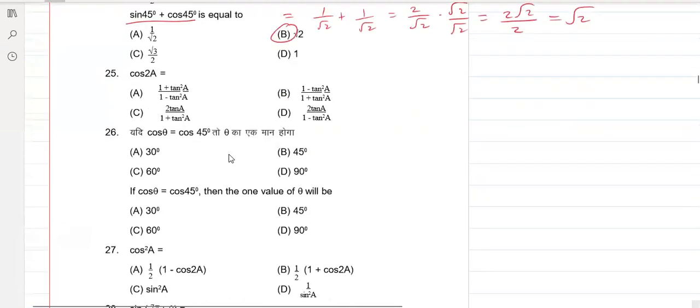Right, number 25. Cos 2a, right. We want the answer for cos 2a in terms of tan. So let's see. Cos 2a is equal to